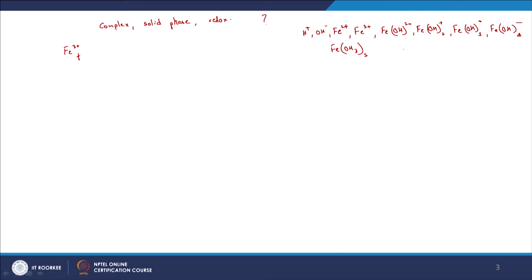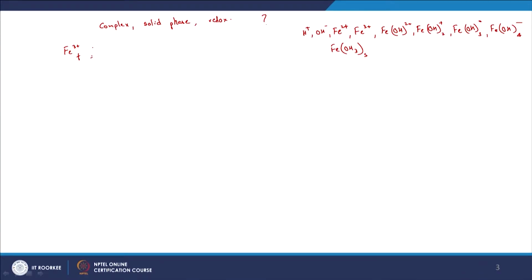So, obviously here we need to look at the relevant component balance with respect to Fe total. If I can write that down, Fe3+ total would now be equal to, based on what we worked out in our aqueous complex example, Fe3+ into 1 plus beta 1 star by H+ concentration, which we know in this case because we are considering the case when pH is equal to 7, plus beta 2 star by H+ squared plus beta 3 star by H+ cubed,